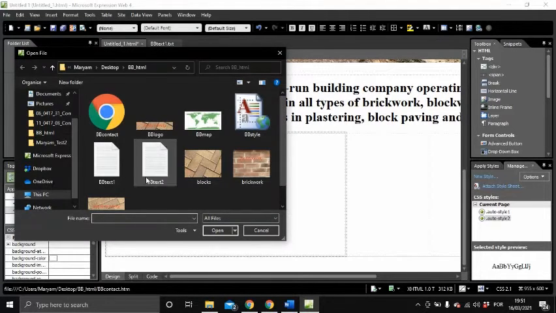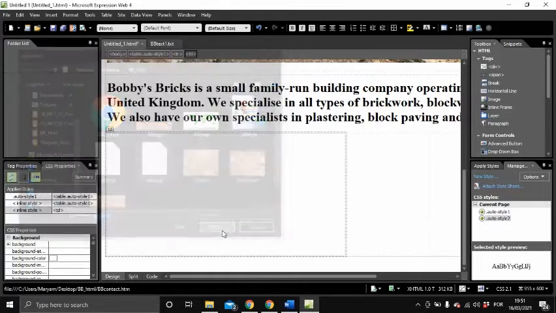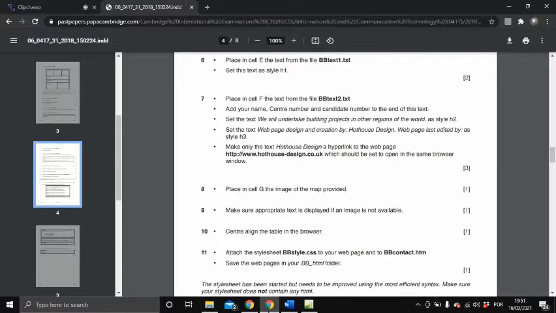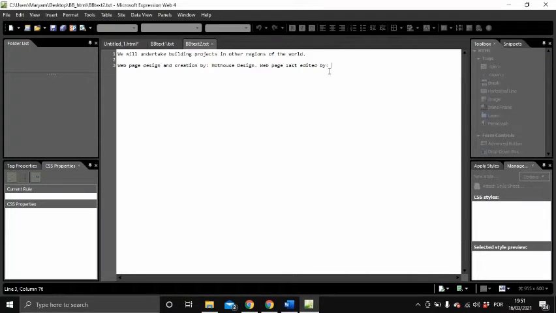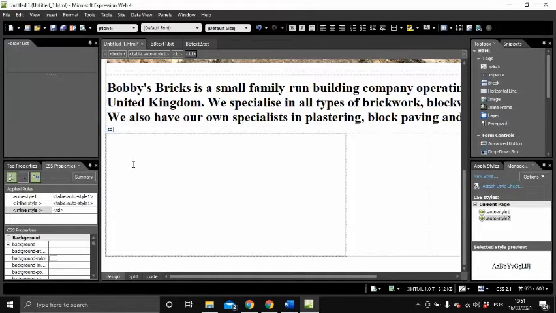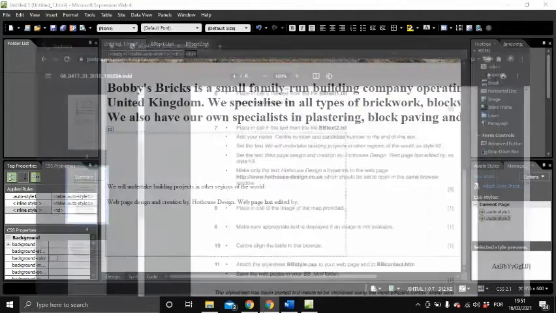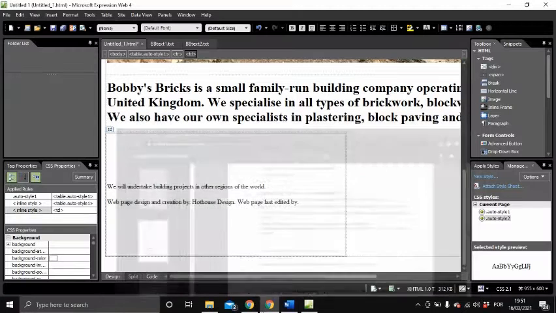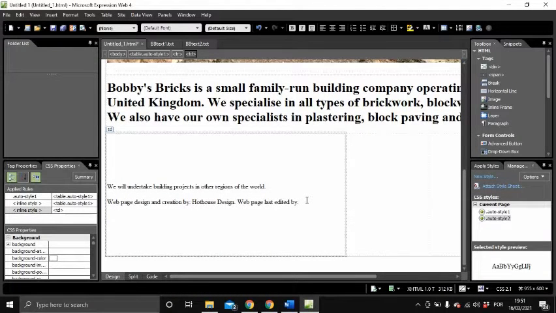So I open the text tool, and here I will copy this, then here I will Control V, and it's here. Then add your name and number at the end of this text. So it will be like,